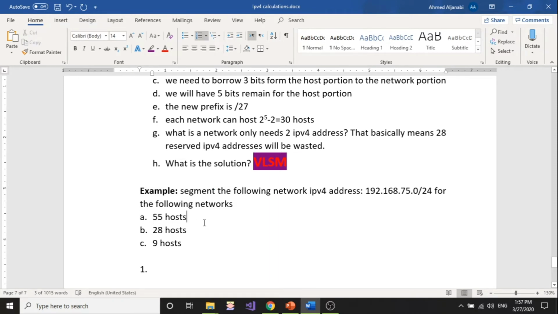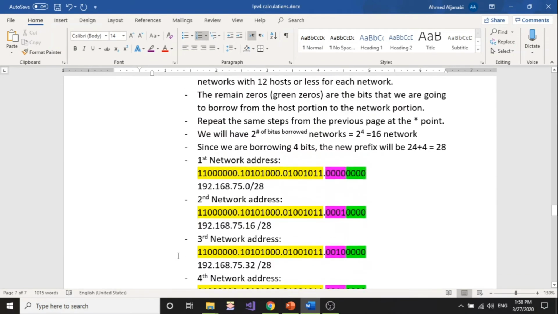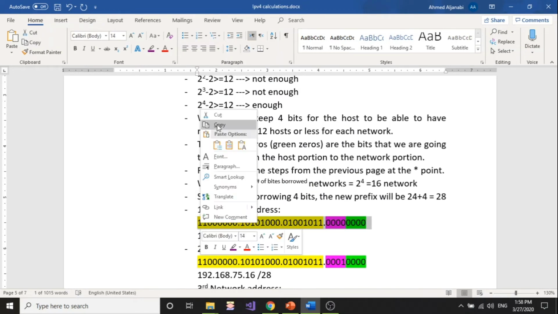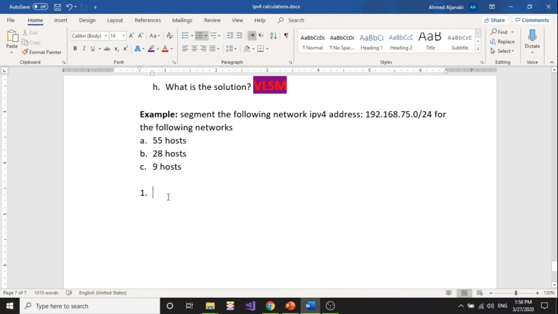I'm going to assume that all the networks, well, I don't have to assume that, but again, the first network will need 55 hosts. So let's go back and copy the network IP address. Here it is in binary, and let's put it here. And I want you to pay attention. I'm going to put them all now. Let's go back to the fact that I didn't do anything yet, so I'll just keep this portion to be